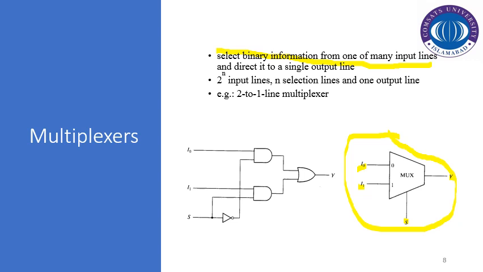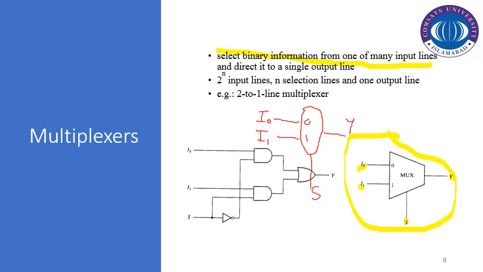Another symbolic representation which you're going to see in your coming courses for the multiplexer, for example in a computer architecture course, is an oval-shaped symbol. We've got the input lines, for example I0 and I1. This is I0, this is I1. This is the selection criteria that has been represented in that oval shape. This is the select line, that is S, and this is the output, that is Y.